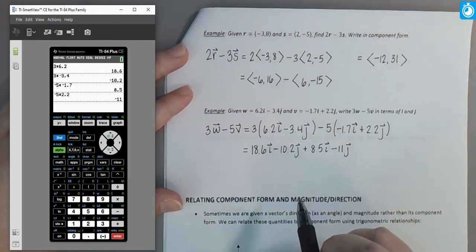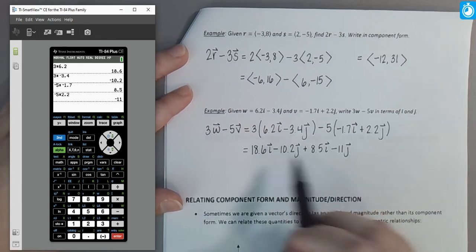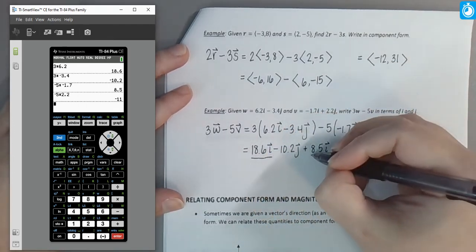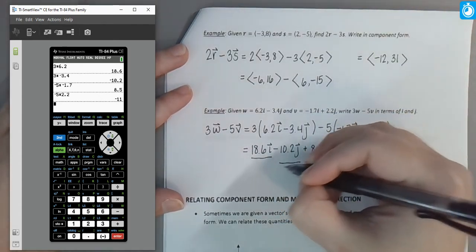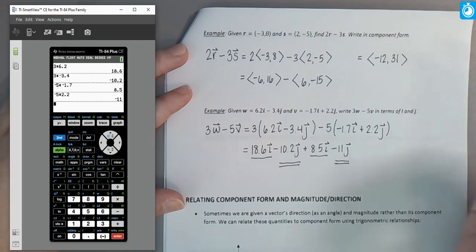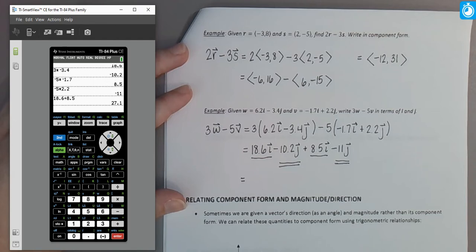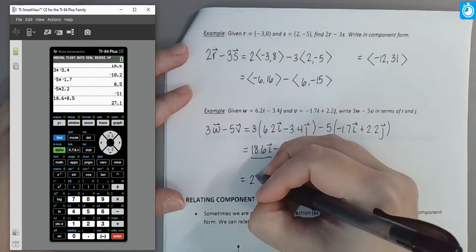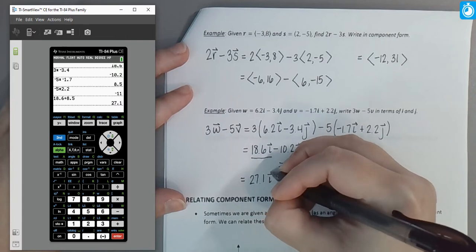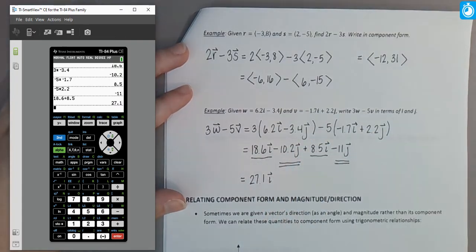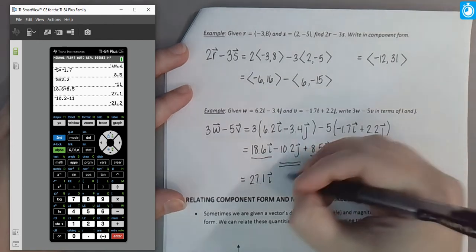Now you can just think of it as combining like terms. i and j are not variables, but they can be treated as such in terms of simplifying all of this. So two terms that have i, you can combine those coefficients of scalar multiples, and then the same thing for the two terms that have a j. So for i, we have positive 18.6 plus 8.5, and so that's going to give us a total of 27.1 as our scalar multiple of i. Now for j, notice both of those coefficients are negative. So negative 10.2, and then from that we're subtracting 11. So negative minus